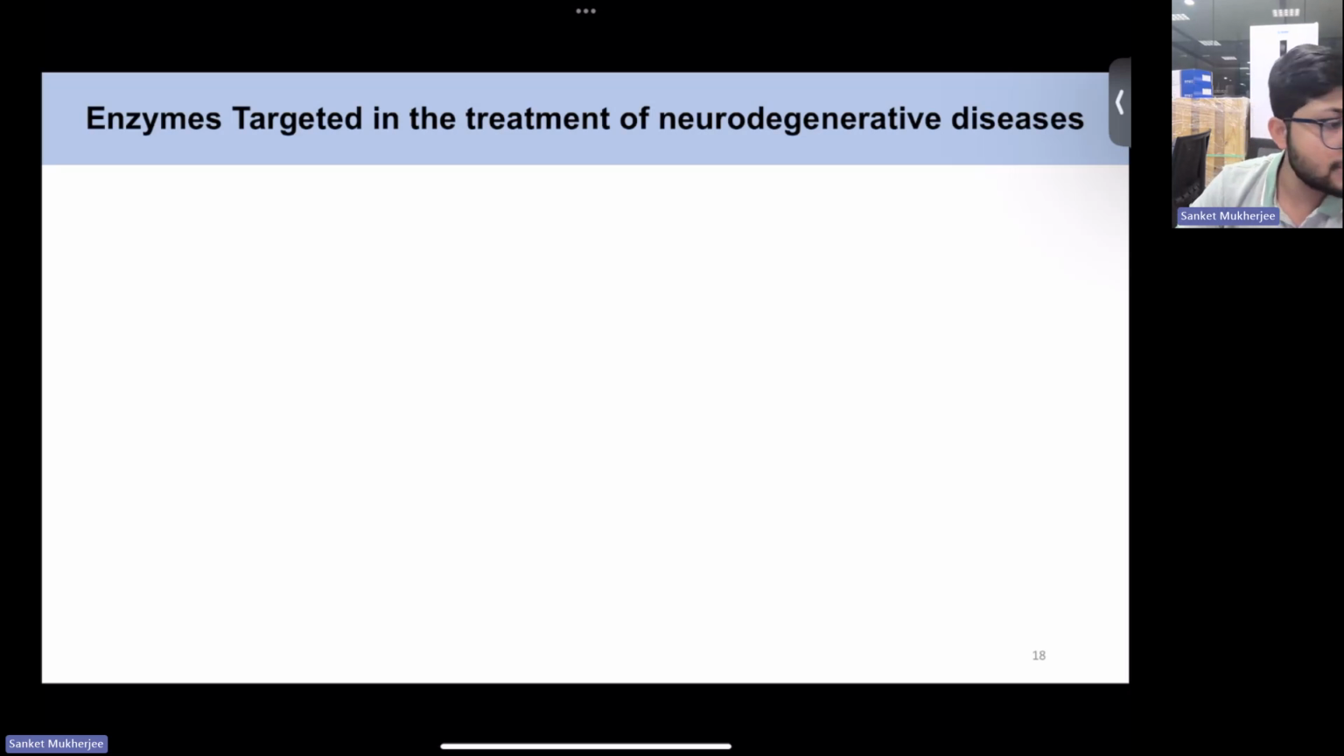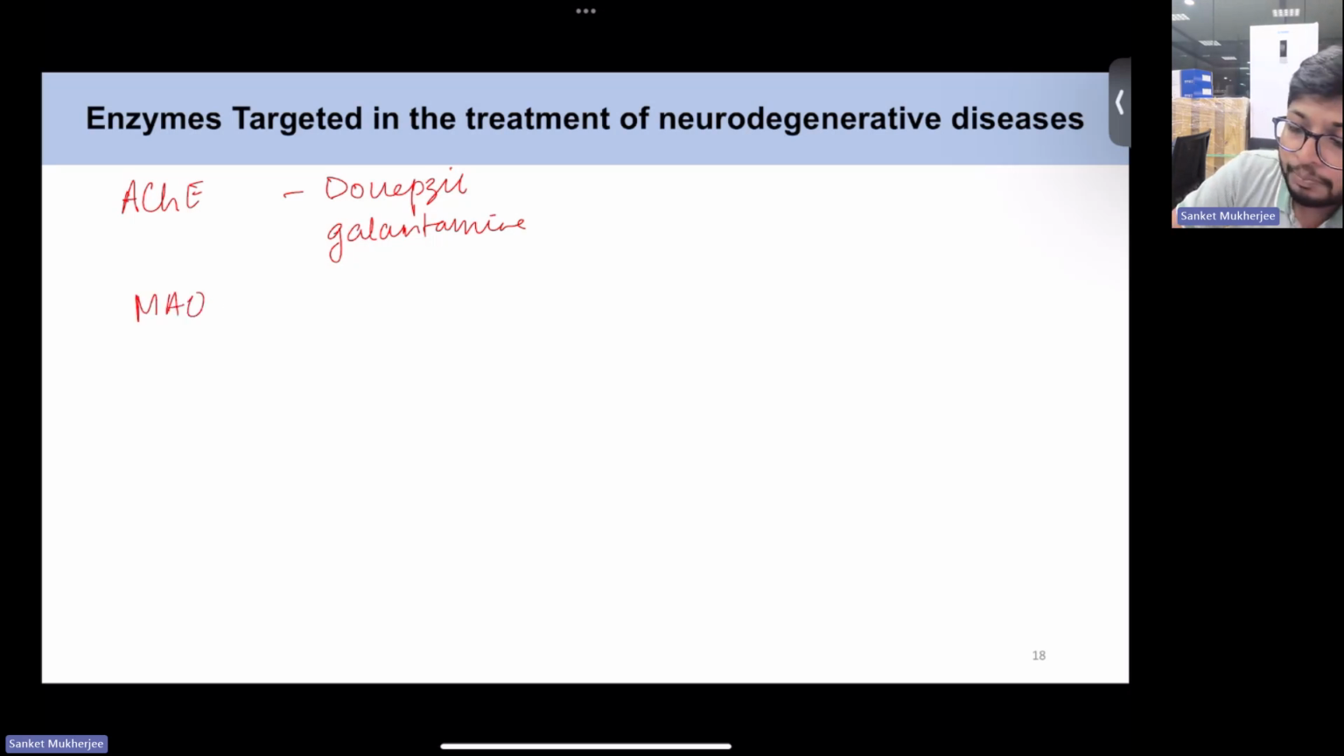For neurodegenerative diseases, certain enzymes like acetylcholinesterase can be inhibited using donepezil, galantamine, some of these kinds of drugs, which essentially inhibit acetylcholinesterase, increasing the acetylcholine levels in the brain. Similarly,